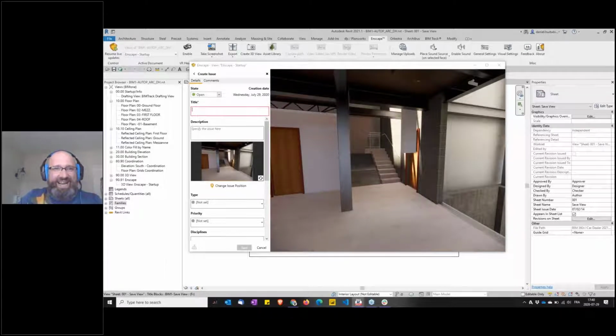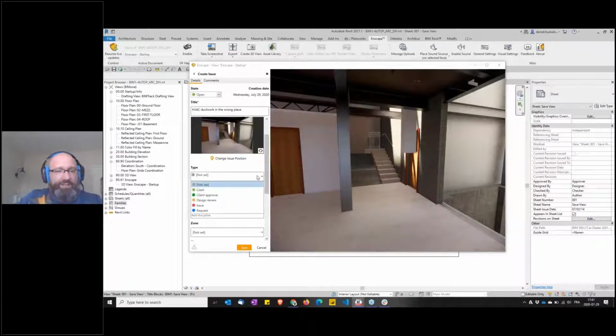So first thing you're going to notice, obviously, that's an Enscape image. The look and feel is totally different. HVAC, ductwork, in the wrong place. And then you can add more description, you can set the type.